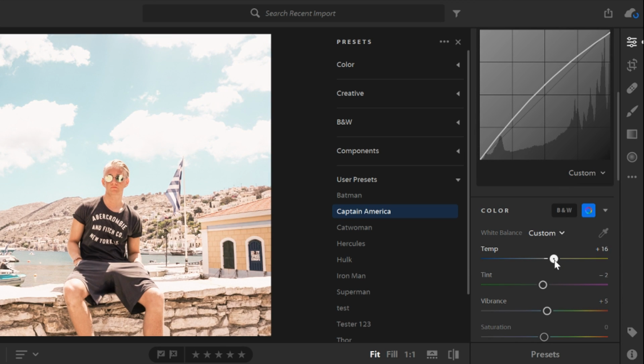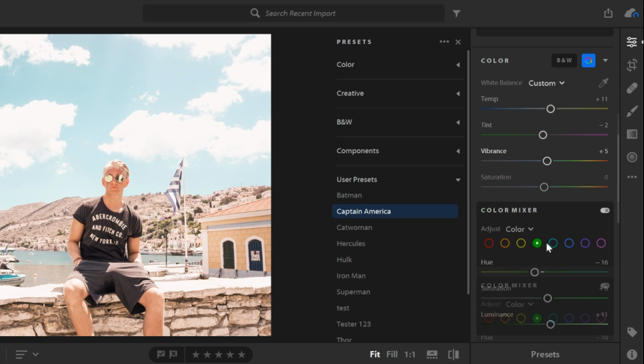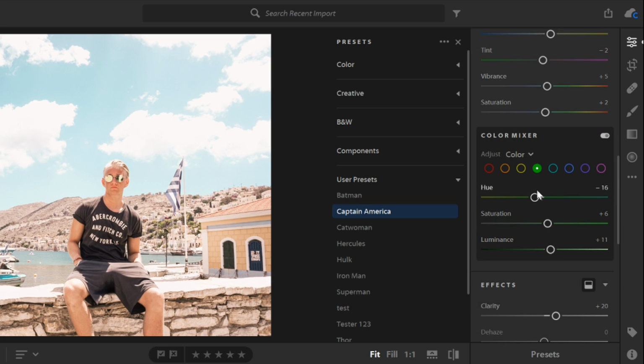So I'm gonna try to increase the heat, not too much actually. Saturation, let's see how that, no, not really. Let's keep that standard. This is the fun part though. With the ocean, you can make that very much bluer, so you can see the sky also changes. Saturation, keep that around there. The luminance is just gonna make it, you can see the clouds are a bit, they pop out much more